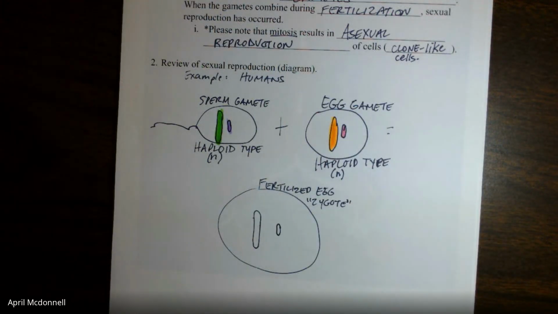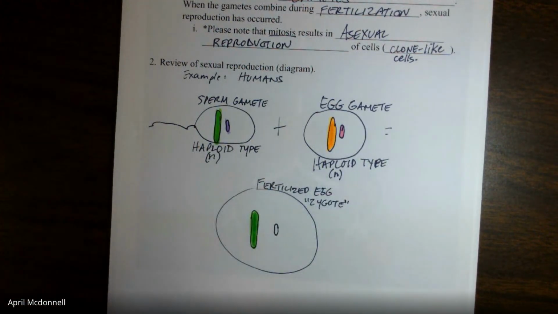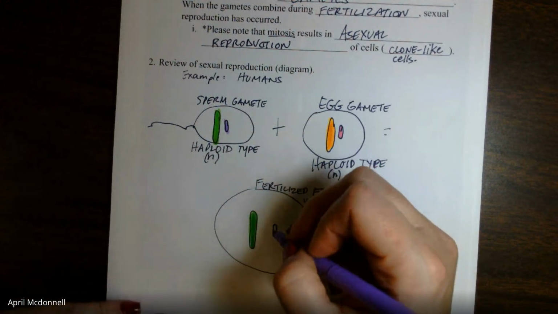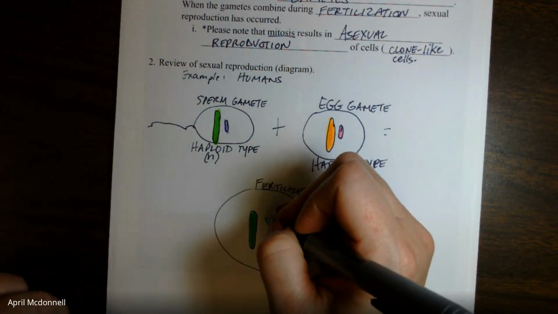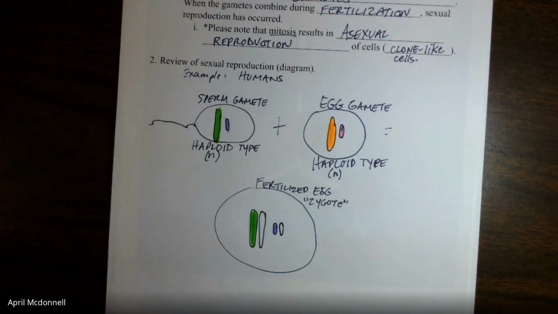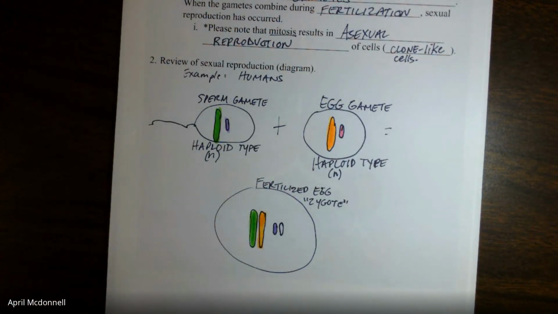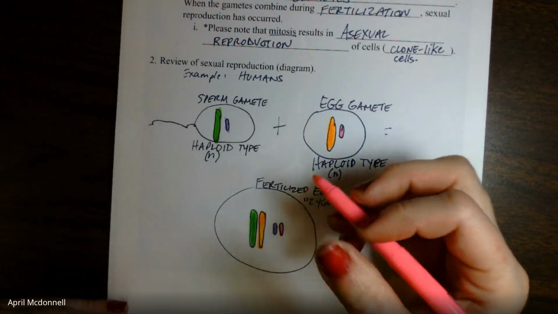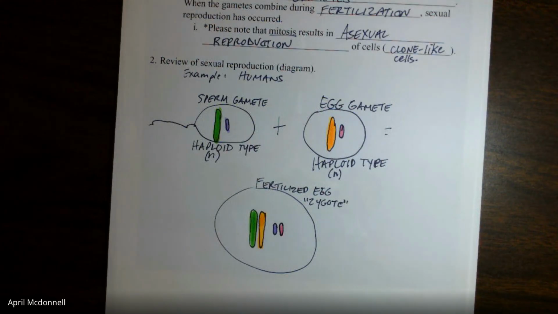List the paternal chromosomes that came from the sperm cell first. And we'll put those chromosomes together and form our homologous pairs in our fertilized egg,